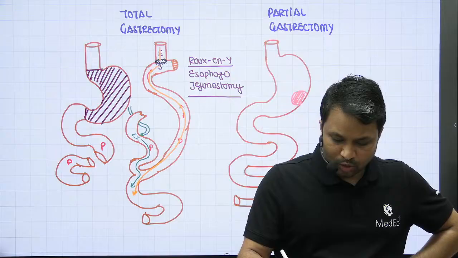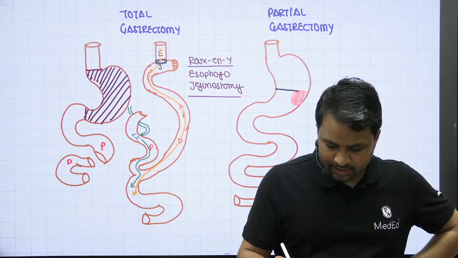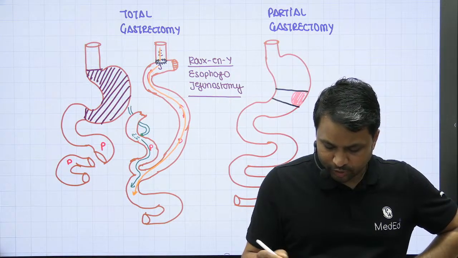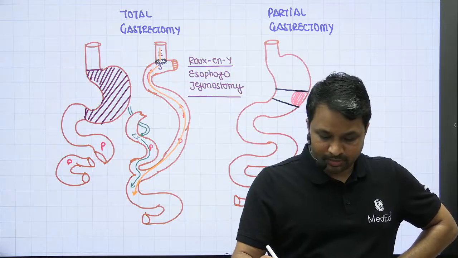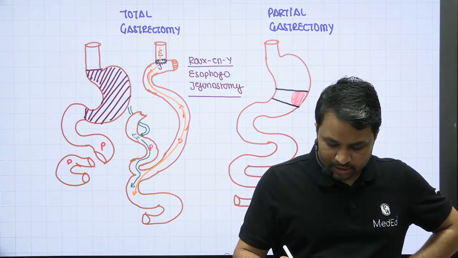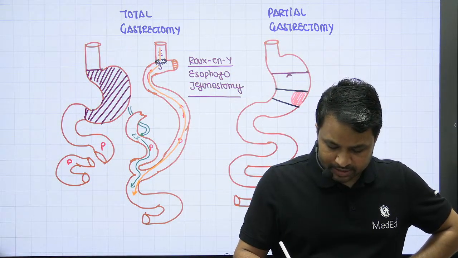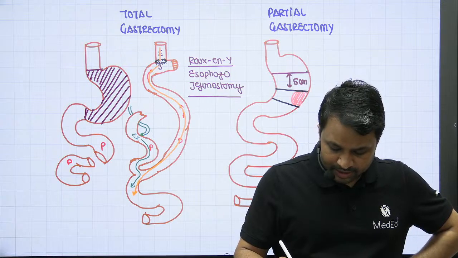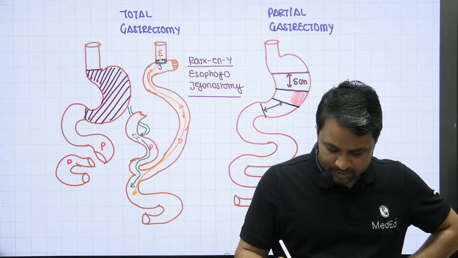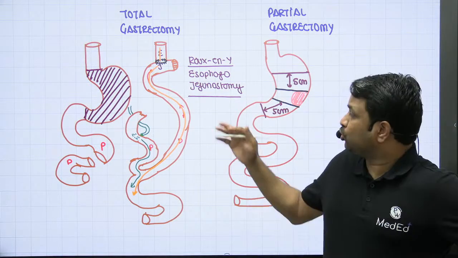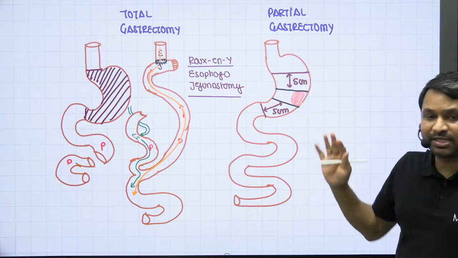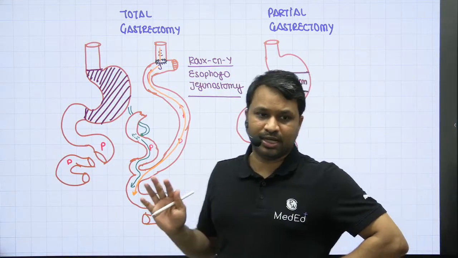Now the basic rule here is, when you take, this is the upper margin of the tumor, this is the lower margin of the tumor, there's something called as proximal and distal margin. Remember, in carcinoma stomach, the proximal margin of the stomach has to be 5 centimeters and the distal margin of the stomach has to be 5 centimeters. So ट्यूमर के ऊपर 5 सेंटीमीटर, ट्यूमर के नीचे 5 सेंटीमीटर निकालना जरूरी है, ठीक है, ये बेसिक है.